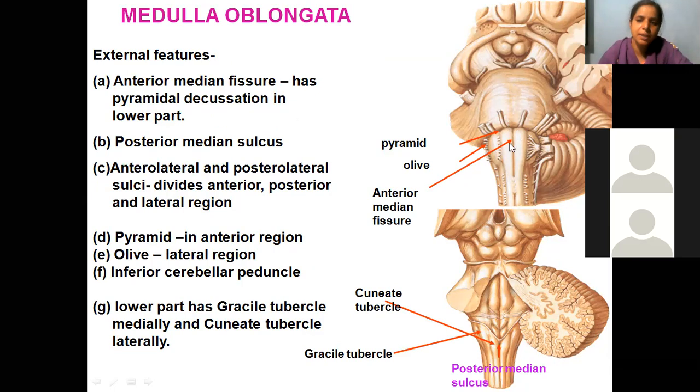So this sulcus in the midline, you call it the anterior median fissure. It's labeled also. Anterior median